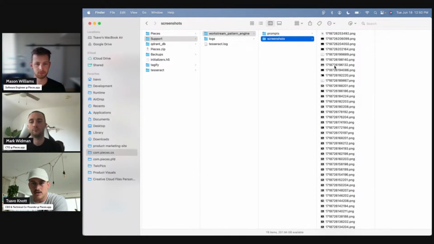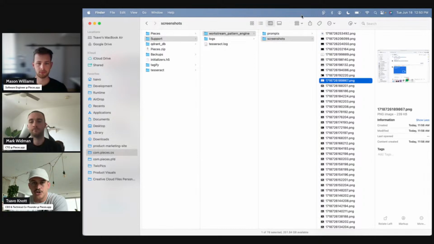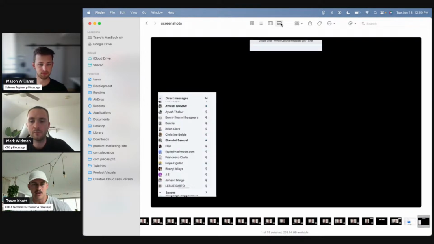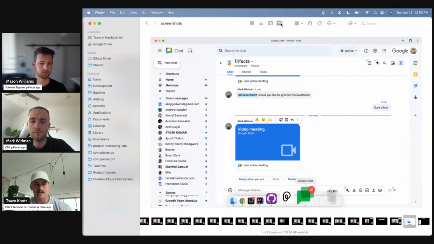And I'll actually start over here on the GChat one. So Mark, this actually might be why I had a sense that something was up with the interval, but you can see I came into GChat, and this was the first foreground snapshot that we got, which was our trifecta chat. Mm-hmm. And then what you can see is as I began to navigate inside of GChat, it was taking a look at the things that were changing.